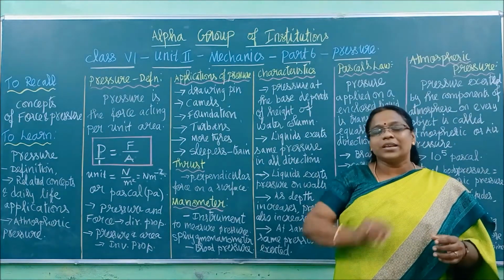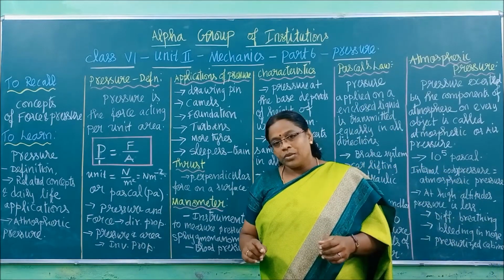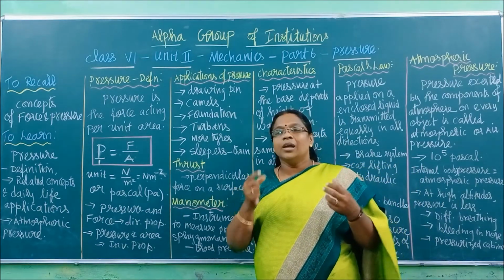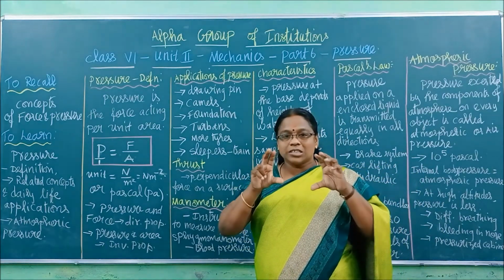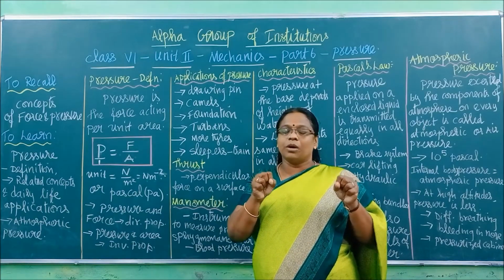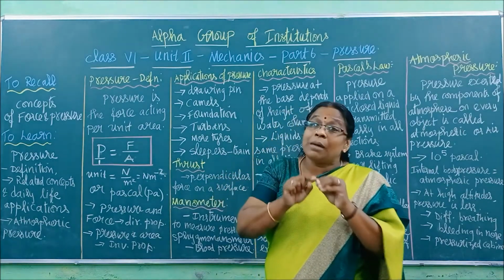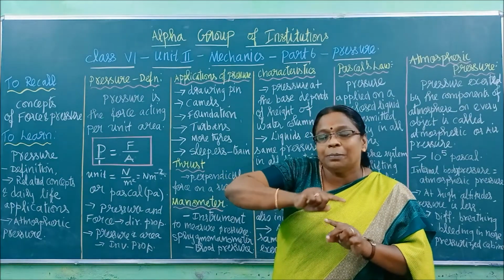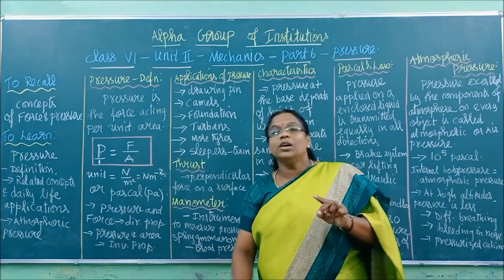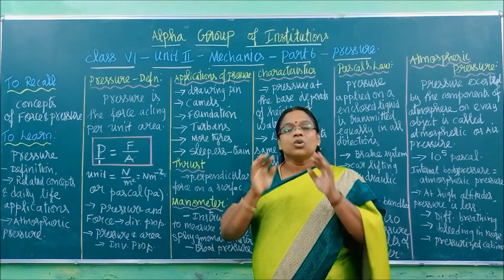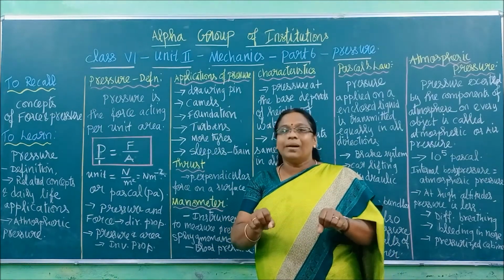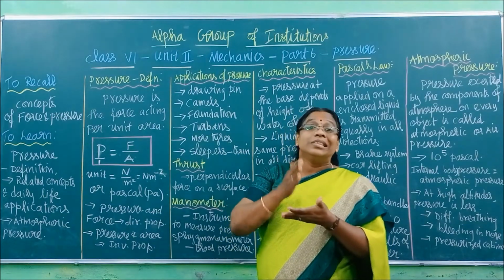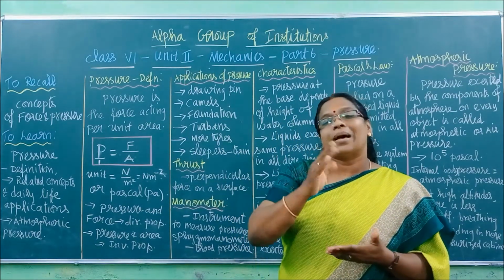The best example you can see is in your cycle. Right? So, as soon as I press my hand brakes, what will happen? The brake pads will go and stop the movement of the wheels. We will apply the brake at one point of the rim of the wheel, but that pressure will travel throughout the rim of the wheel. So, one pressure applied at one particular area will be spread out in all areas. So, this is called Pascal's law.